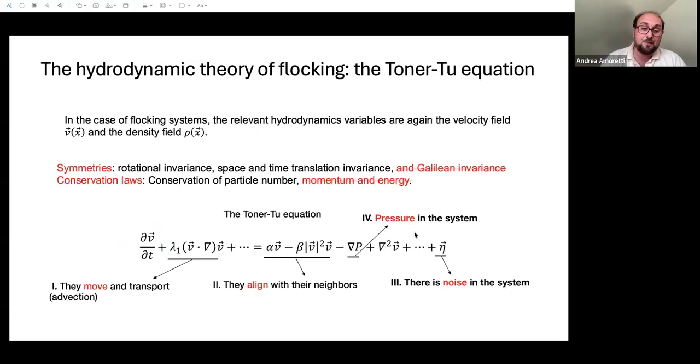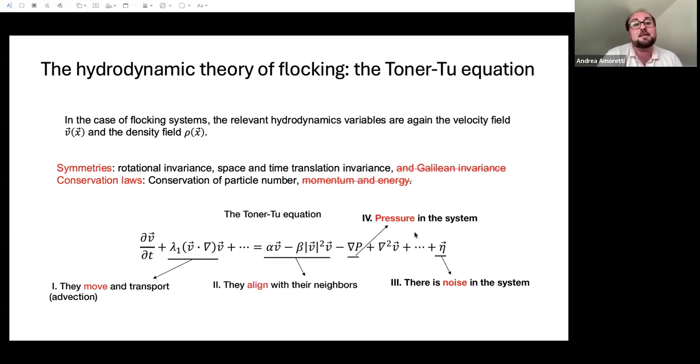Now, why I say hydrodynamics comes to the rescue in the case of active matter: because one year later, Toner and Tu explained the activity of a system in terms of an effective hydrodynamic description. What they said is that in a system like the Vicsek model, the relevant variables to describe the motion are again the velocity and the density fields. Indeed, you still want your density to be conserved because the total number of boids is a constant of motion.